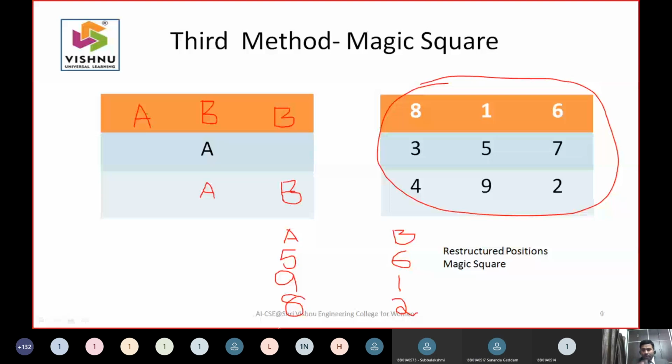Then what is the value of A now? Where exactly A has to be placed actually? 7. How are you getting that 7? 6 plus 2, 8. So 15 minus 8 is 7. So what you said is right. And you have to play A here to defer.